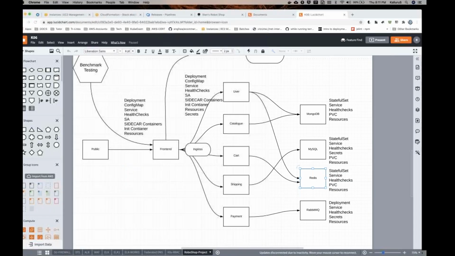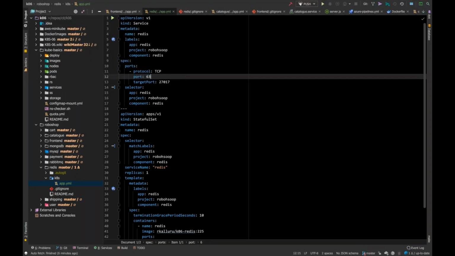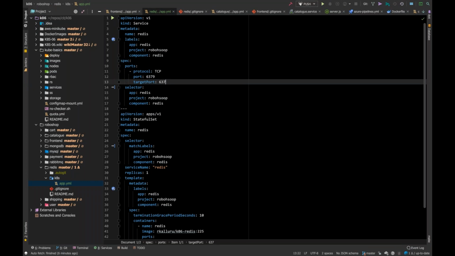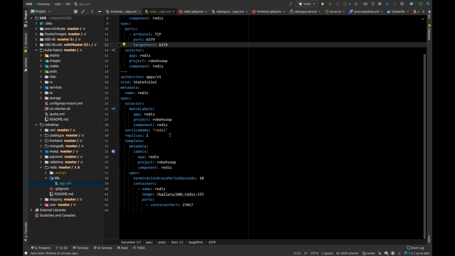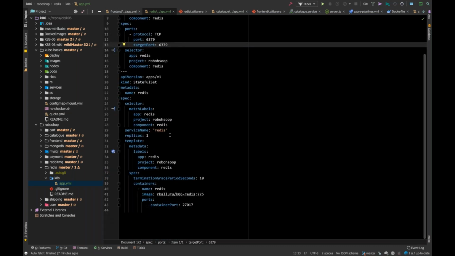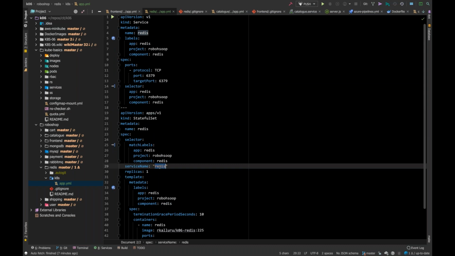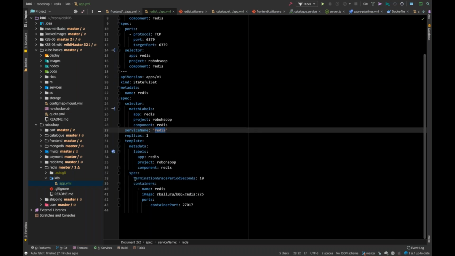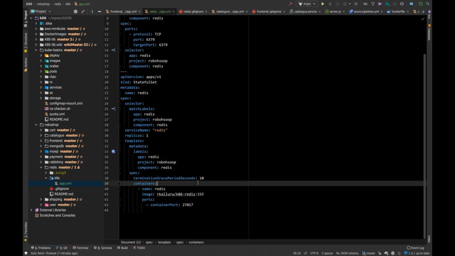And there's a port, the Redis port, 6379, right? So 6379 and 6379, and the selector is this, which is fine. Stateful set Redis, and it is Redis, and everything is Redis, and the service name also we are getting Redis. Why did service name come into picture? Because this is a stateful set, so we are putting the service name as Redis. Replica is also one, and these are again the labels. Termination grace period is 10 seconds. In between one pod to another pod, if you want to terminate, the graceful termination period is going to take 10 seconds. Now finally the Redis container, and the port number is